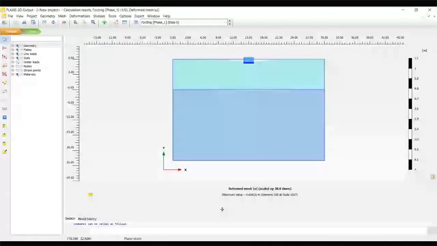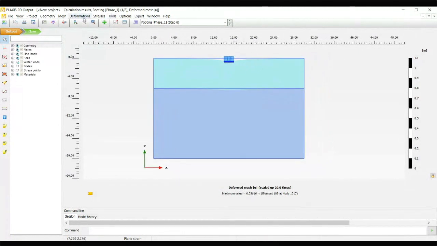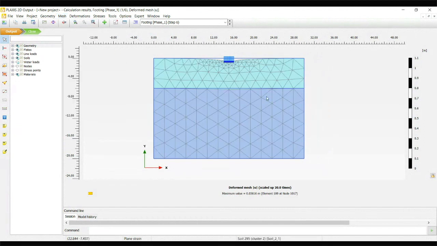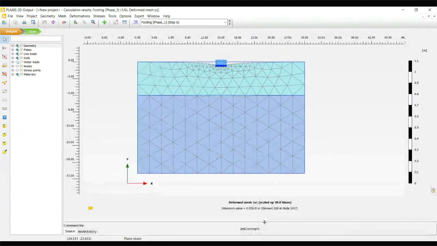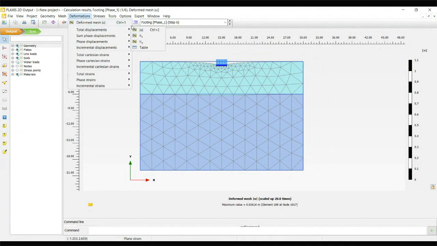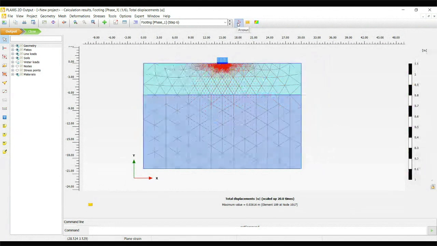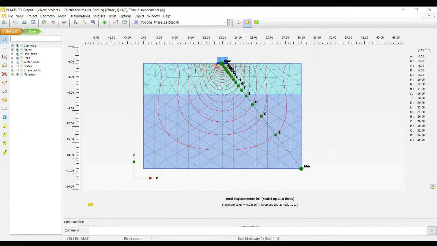Now the program will open by default with the deformed mesh shape. So you see this is the deformed mesh. Mesh contour, if you are able to view, this is your deformation on each strata. This is a deformed mesh. You see that menu, deformed, total displacement. See there is a displacement contour. So contour, arrows, contour line. This way we can view the different result patterns.